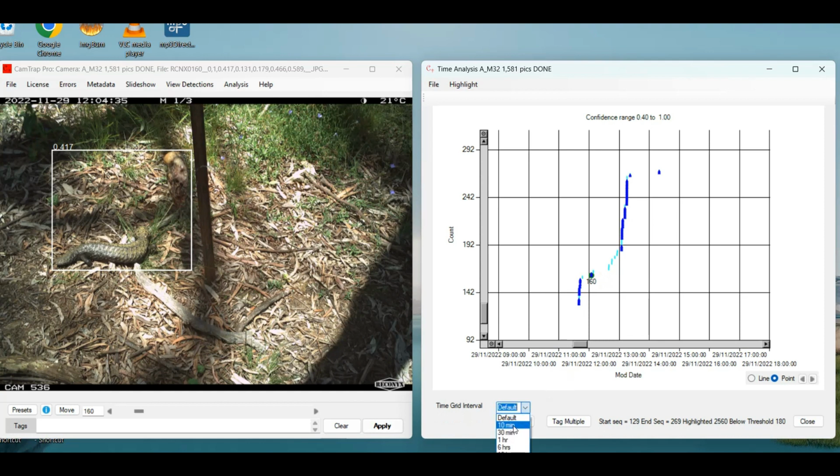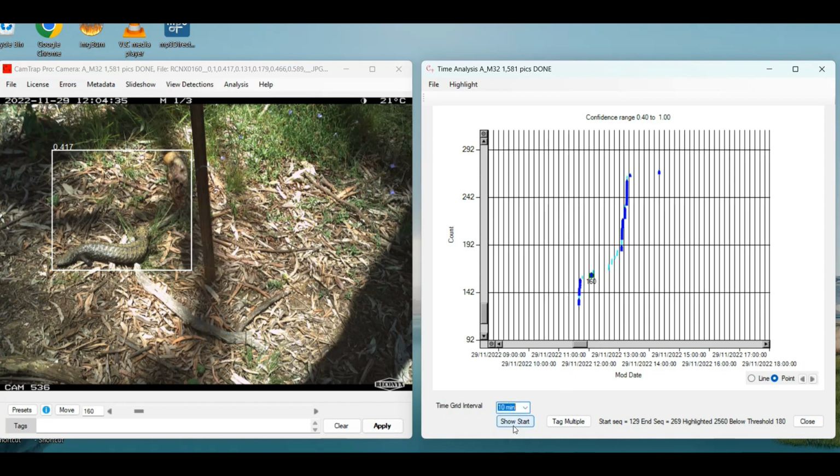Now, in order to monitor the abundance of animals, we use something called a detection event, and a detection event occurs when an animal appears in one image and its successors, and the gap between any of the images is less than 10 minutes. So if we now change the grid interval to 10 minutes, you can see that that will appear as a separate